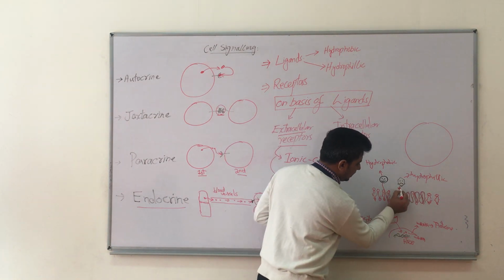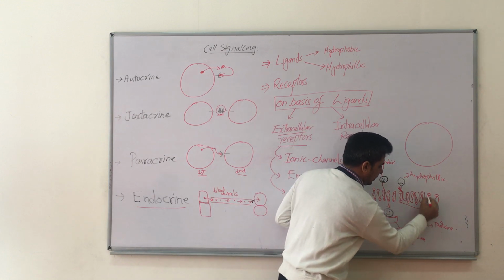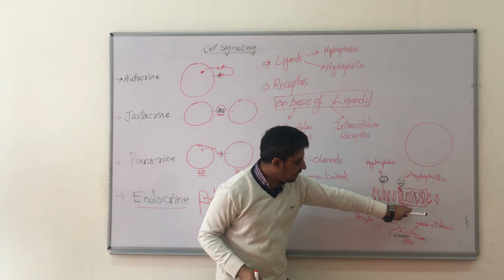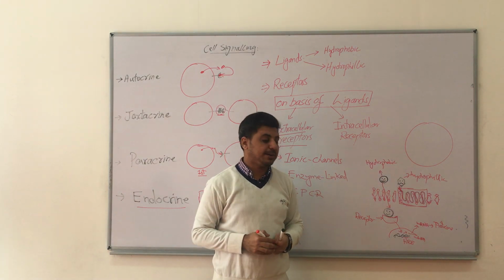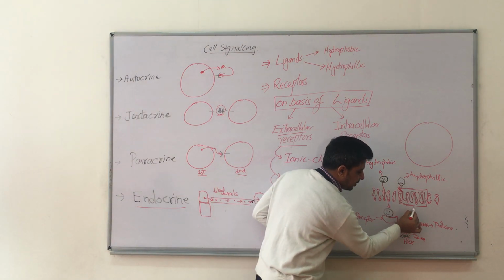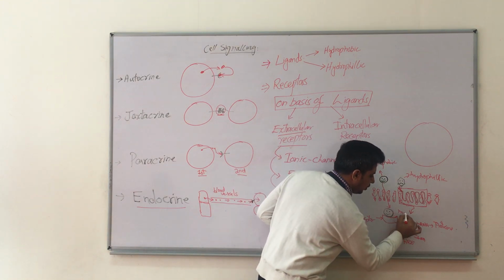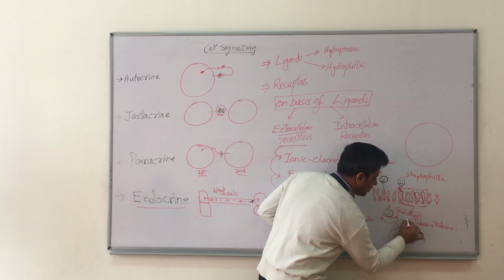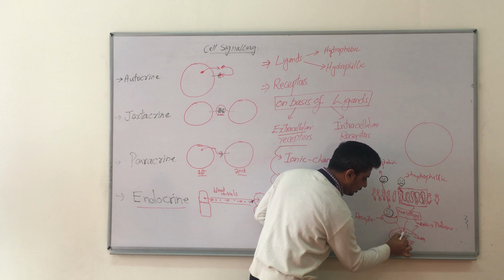So when this binds to the receptor which is present on the surface of the cell membrane, which we are naming as the extracellular receptor or the surface receptor, after binding with this receptor it will transfer its message to inside the cytosol like this. Here I am writing only the message, and this message will go to the nucleus